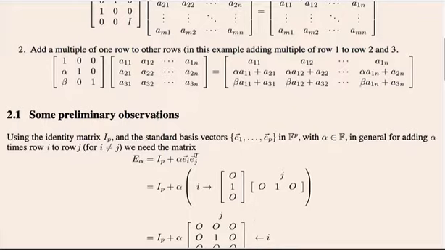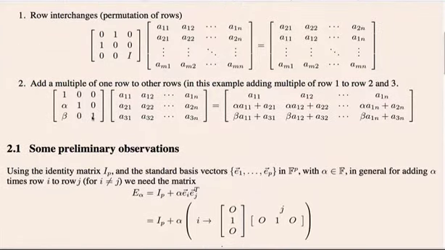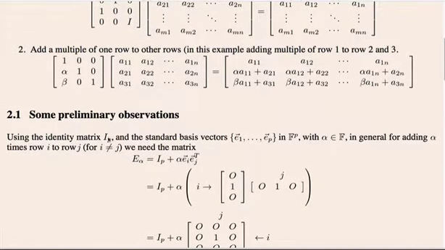So first of all, we're going to split up these matrices into more elementary matrices. I already mentioned that these are all coming from modifications of the identity matrix. So first of all, if you have I_p as an identity matrix of size p times p, and then we have the standard basis vectors e_1, ..., e_p in the p-dimensional vector space over the scalars F, and then if you have an alpha scalar, then in general adding alpha times row i to row j, if i is different from j,